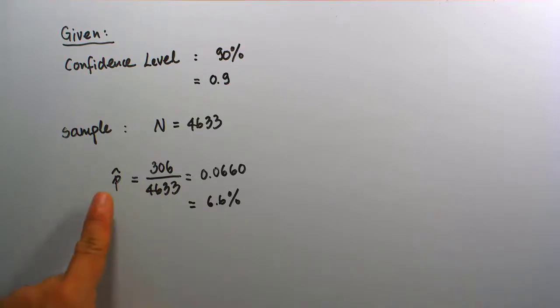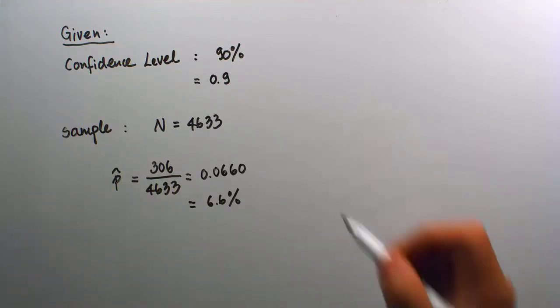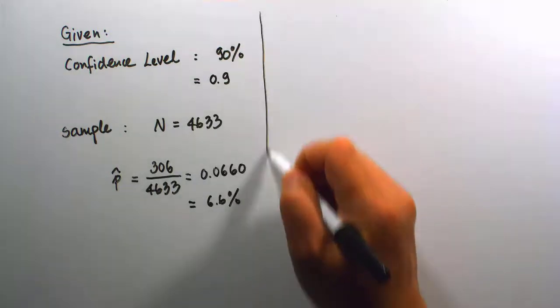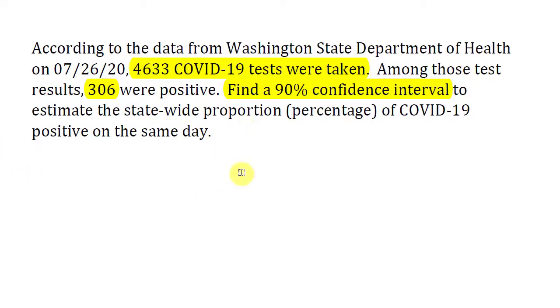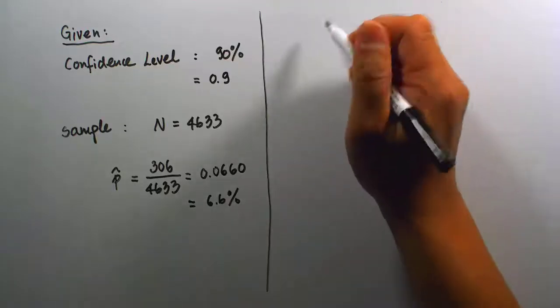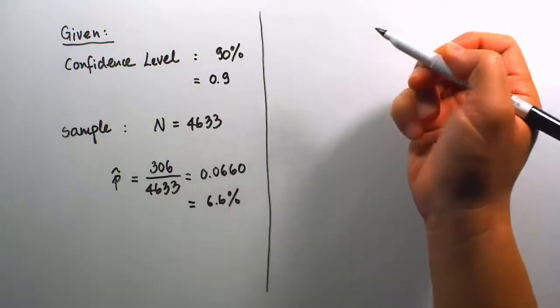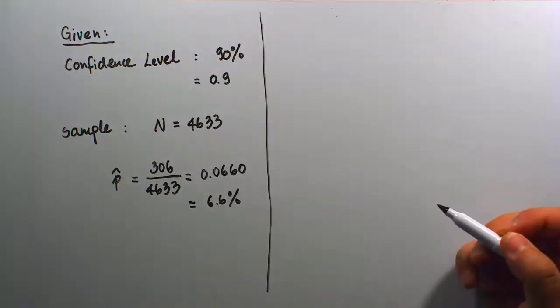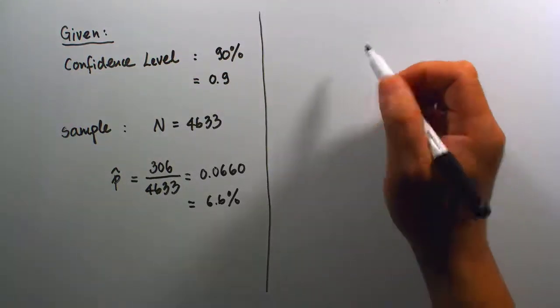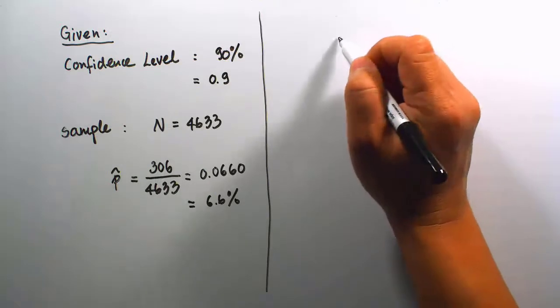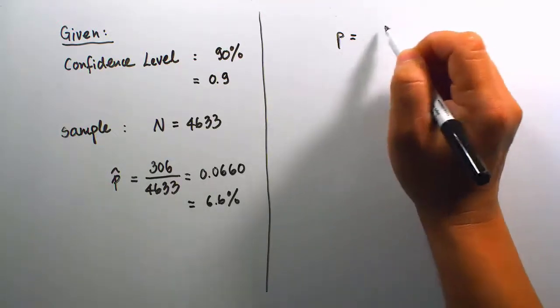But this is only a sample proportion. And so now the idea is, if we're looking back at the problem one more time, we want to find a 90% confidence interval to estimate. So this statement now is, let's get started going further into this statement. We want to estimate the statewide proportion, because at this point, and on any day when we're receiving test results from the health department, we will actually never know